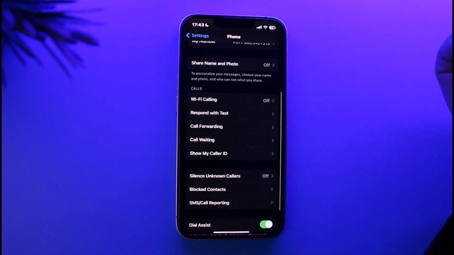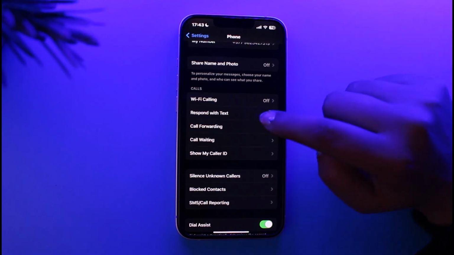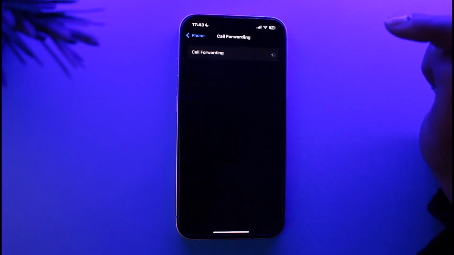That option will appear if you have other Apple devices in your household that you can connect with. So when you have calls right over here, the history will appear there as well, because the calls are interconnected, right? Another thing that you can do is tap on this option of Call Forwarding,